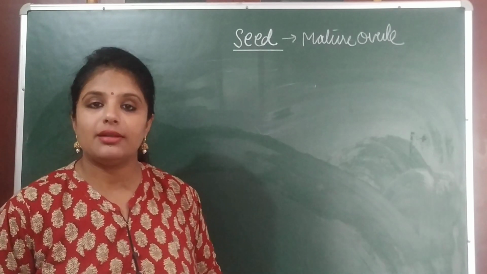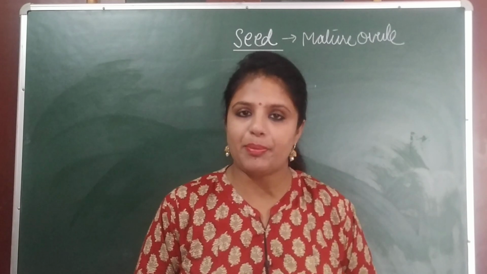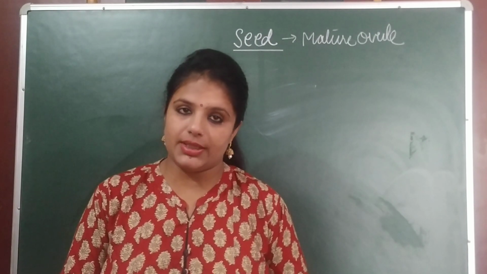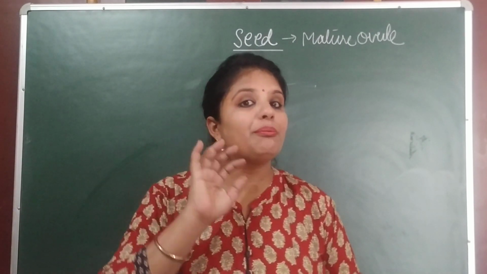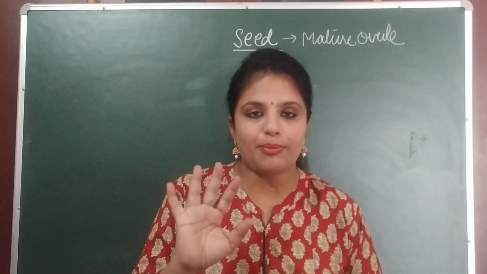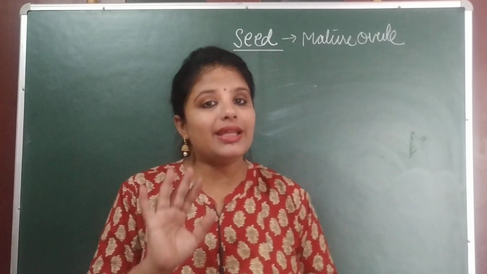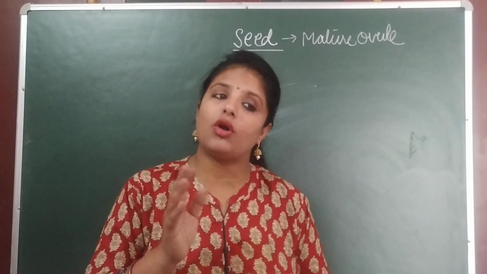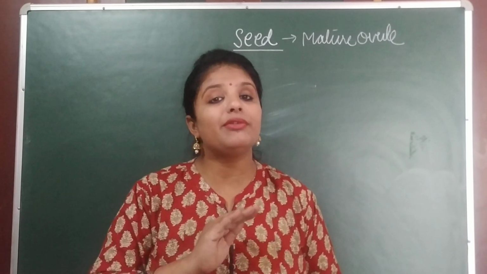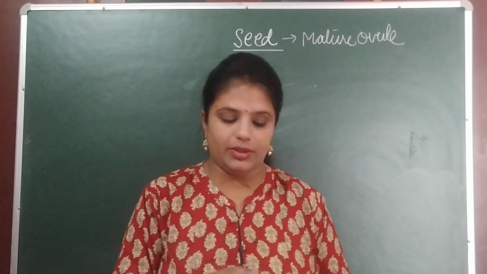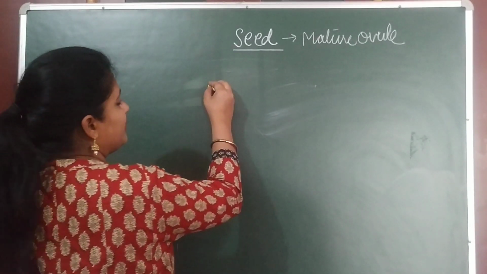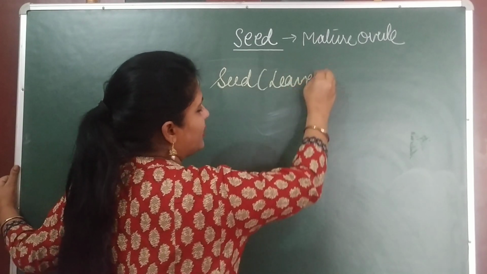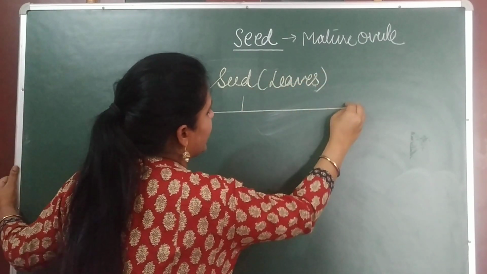If cotyledon is there, the cotyledon is always there. That is a part of a seed actually. So on that basis, on the number of cotyledons, we have two kinds of seed. But if endosperm is completely utilized during the process of embryo formation, then cotyledon will store food. And if endosperm is there, then cotyledon will be there, but it will be a very fine, very thin cotyledon. Okay, so on the basis of seed leaves, seeds are of two types. It's not leaves, it's seed leaves. There are two kinds of seed.